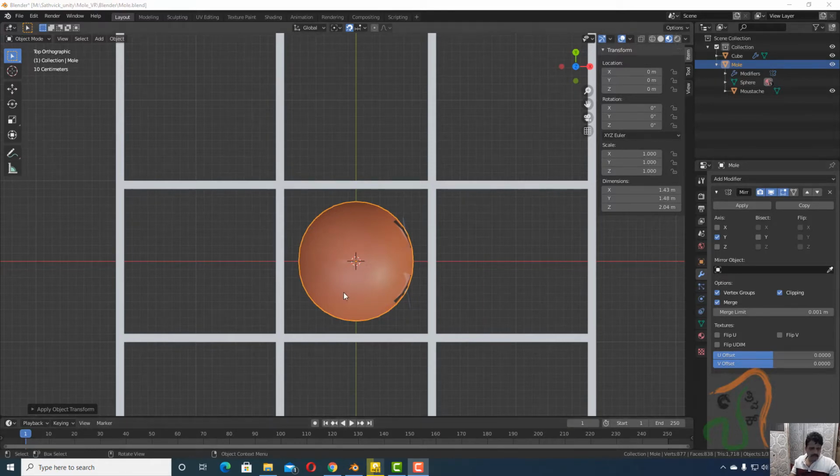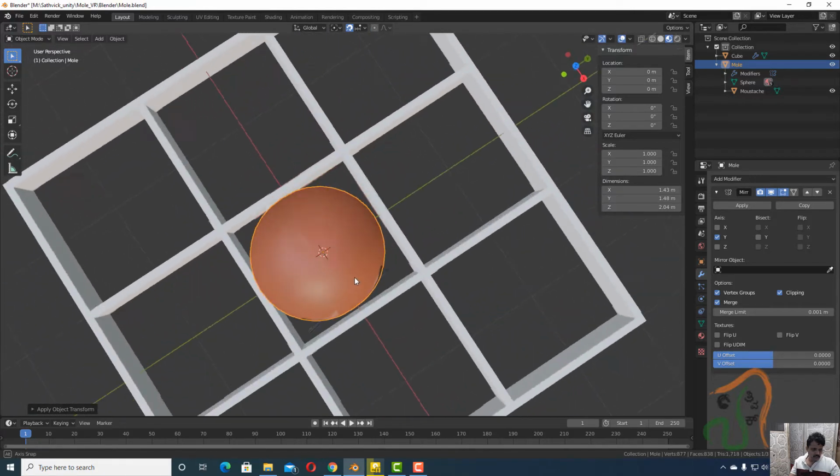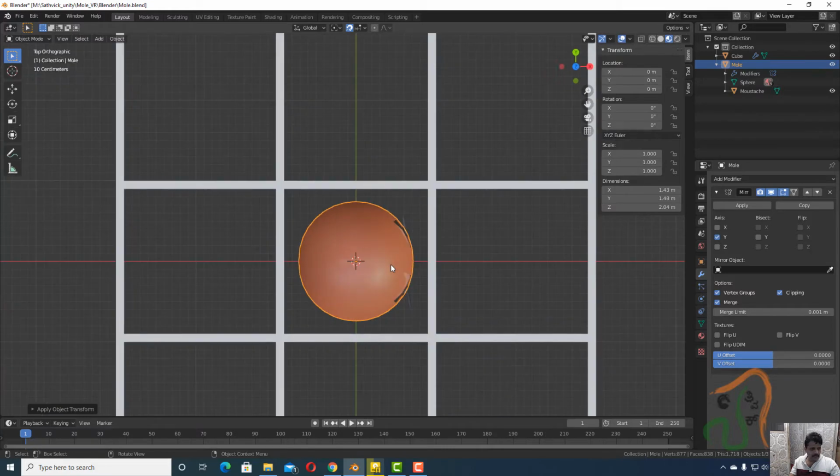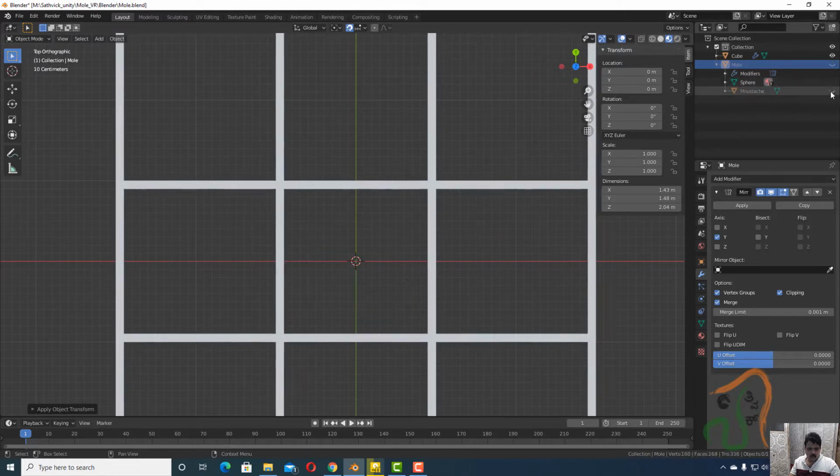Okay, now the next thing here is we want this mold to come out of a round circular plate here. It should not be like this. So we want a round circular plate. So for this, come back to the top view here, and right now what we shall do is temporarily hide this mold. Okay, switch off this mold.